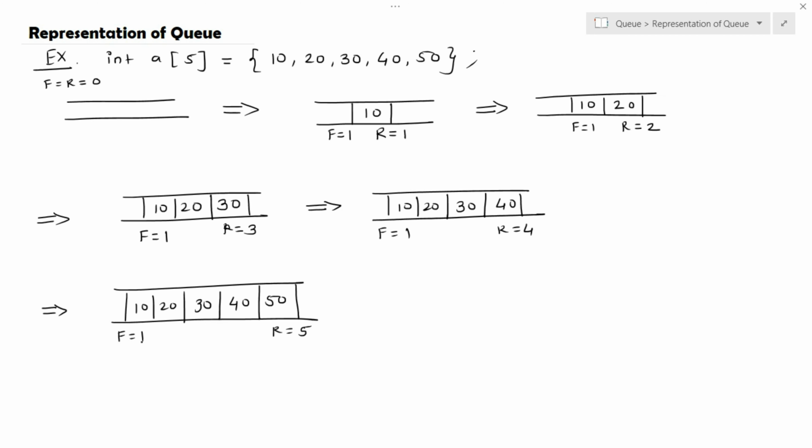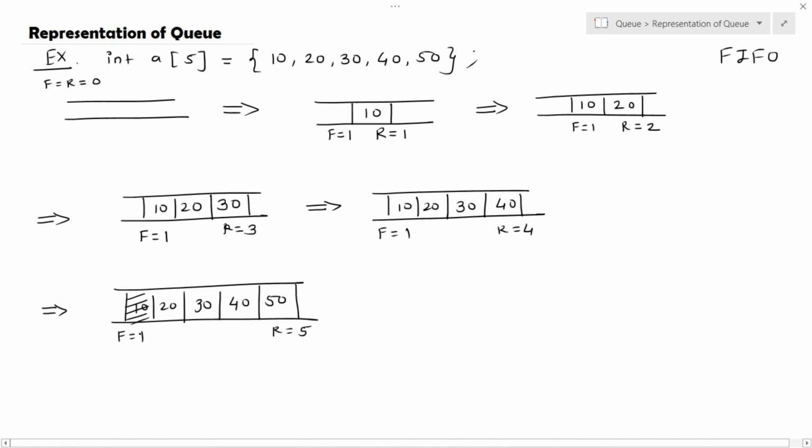So as you know, queue has a property, that is the FIFO principle. Queue follows the FIFO principle, meaning the element which is inserted first will be removed first. So the element which is inserted first in this queue is 10. So the element which is going to be removed first is also 10. So here front is equal to 1. So this element is deleted. Now front points to the second element. Front is incremented by 1.